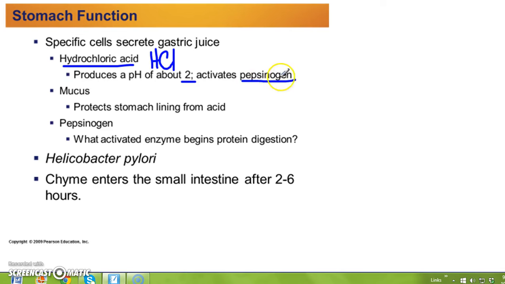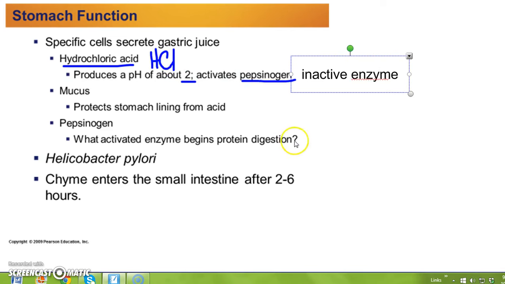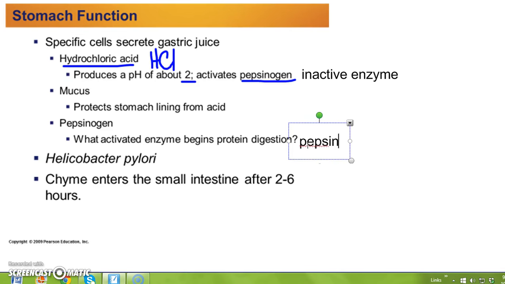When you see the "gen" here, it's an inactive form. So this is an inactive enzyme. But when hydrochloric acid contacts it, it takes that "gen" off, and it makes it then pepsin, which is the active enzyme that is going to